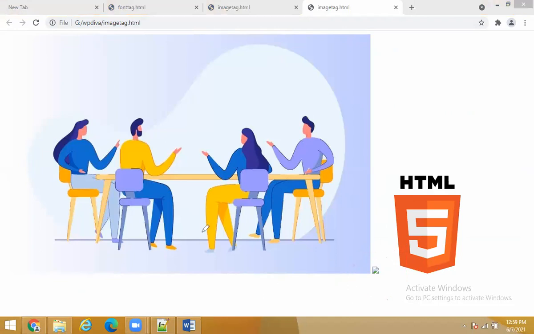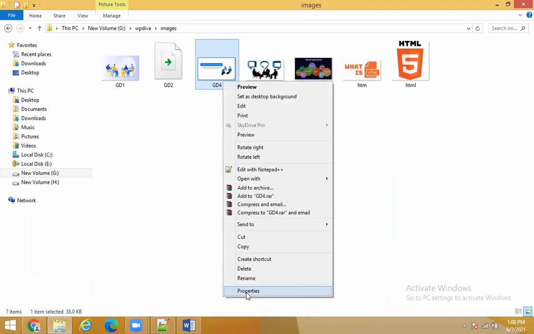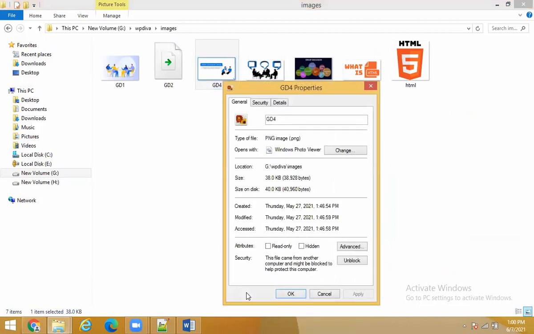There is an error because we did something wrong. So what is that mistake? Let us go back to the folder. GD4, I was taking this, right? Go back to properties and check what is the wrong thing that we are doing. We have given that as GD4.jpg, right?